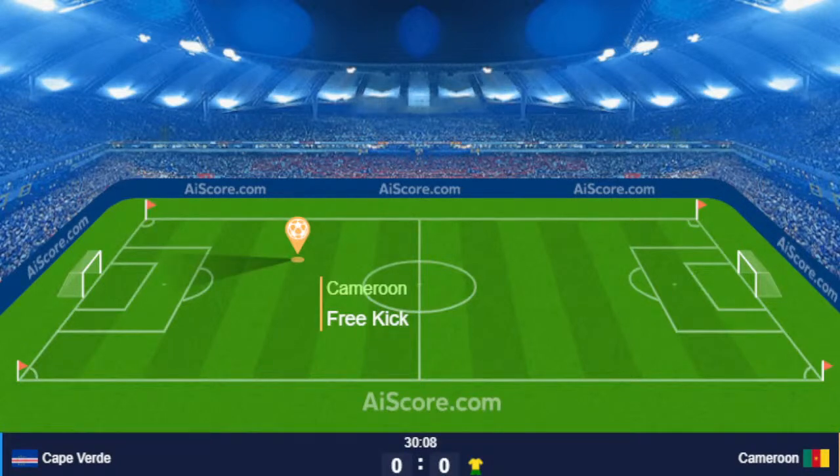So from playing out from the back, and Cape Verde licking their lips, think they can win it in a very good position for themselves. Cameroon got out of it, and now it's Cameroon licking their lips at the prospect of this free kick around about 20 yards out, where they could potentially take the lead in this final group game for both these sides, as Mumian Gamalu was clattered into by Patrick Andrade. So it will be a free kick. Pierre Kunda is around this free kick, as is